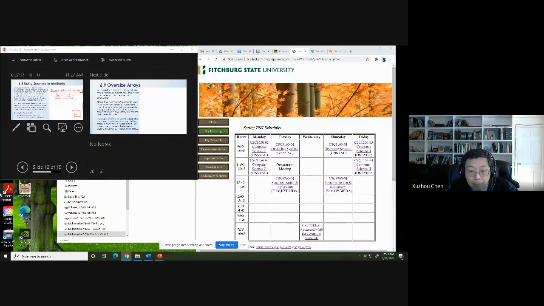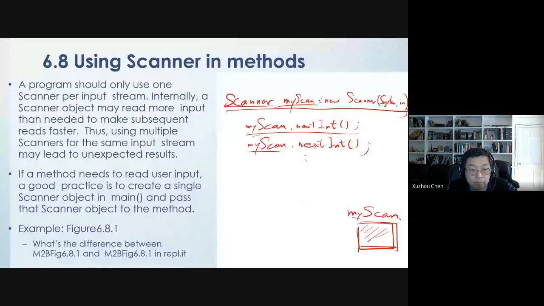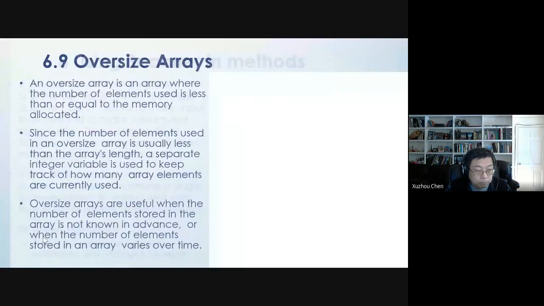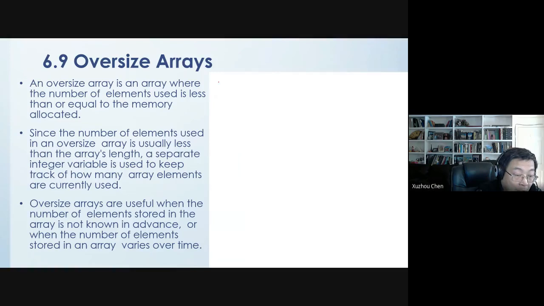Okay, let me switch back to the PowerPoint again. Now, the next thing we're going to talk about is called oversized arrays. We mentioned that when you actually try to use an array, you have to declare an array, right? Like if you want to declare an array of integers,